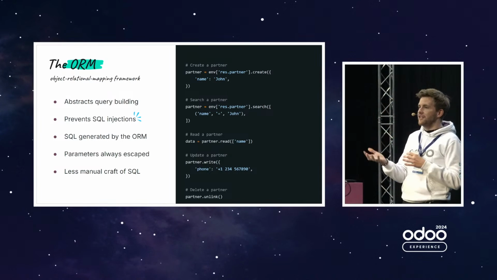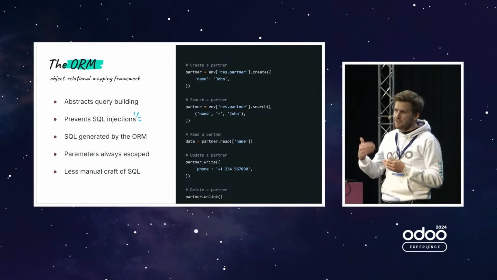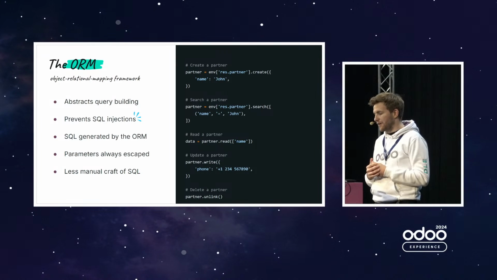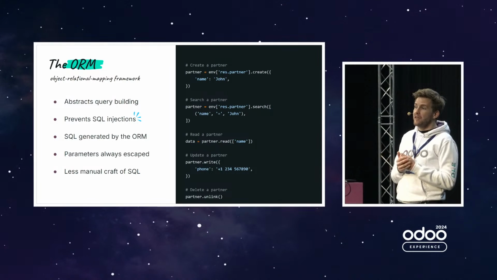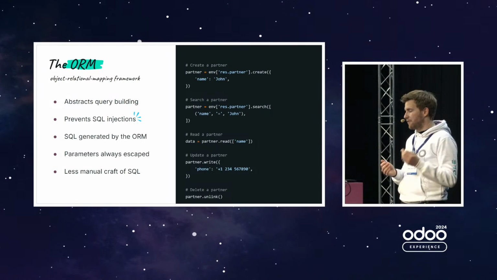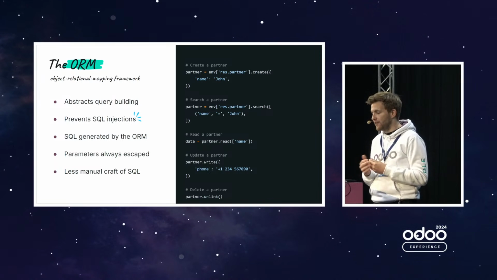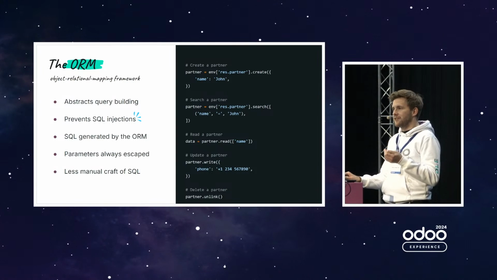As the technology evolves and the security world evolves, we are constantly improving that framework to counter new attacks or integrate new technology. For instance, this year we added typing into the framework. I think there will be a talk about this, but we are continuously improving it, and there are improvements meant for security each year.